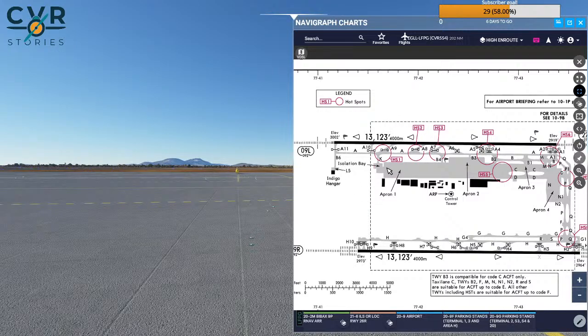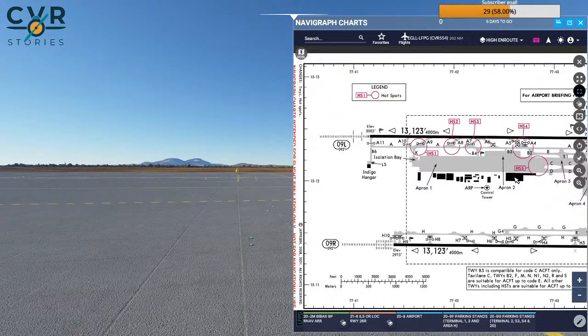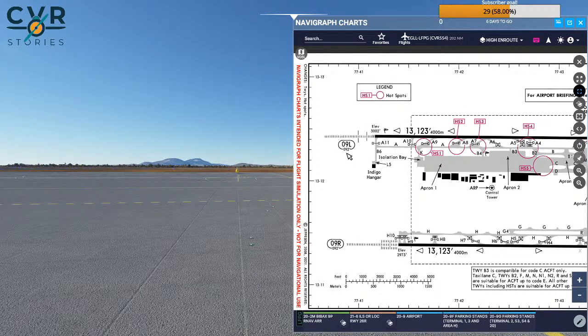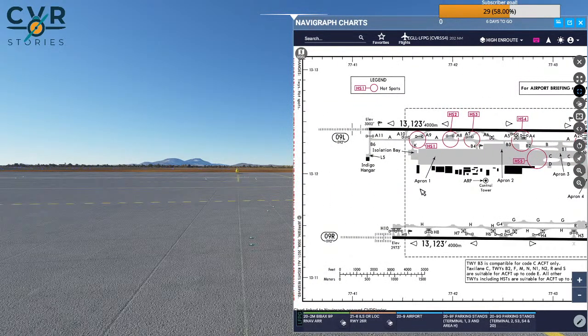This is what hotspots are: HS1, HS2, and so on, these magenta circles. Another bit of information you see is the runway name and the orientation. So for example, you see we're given 09 left. So we know that for runway 09 left, it has a bearing of 092 degrees. So what that means is, if you look at this airfield, this is pointing towards north. And this shows you the difference between true north and magnetic. But yeah, for now,